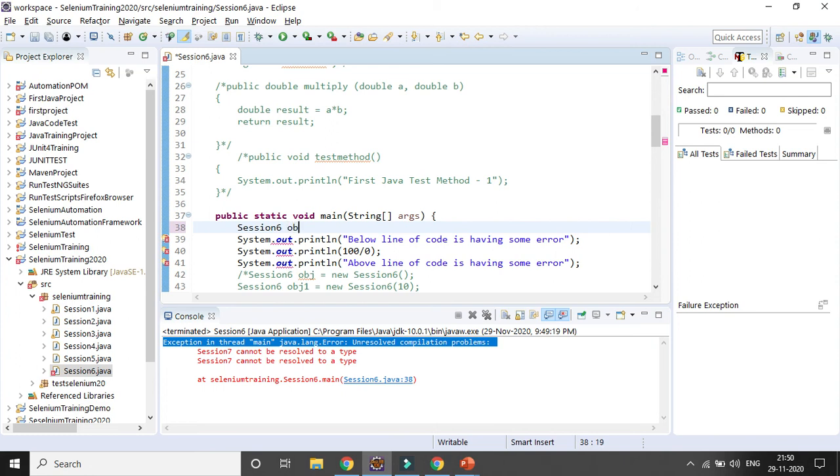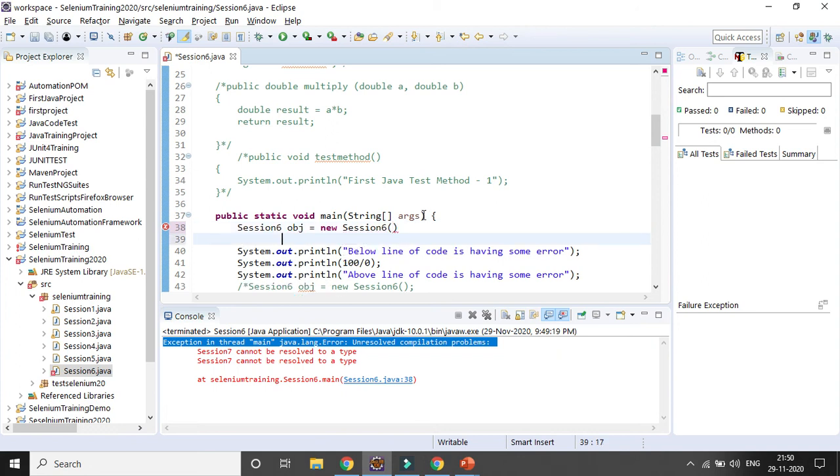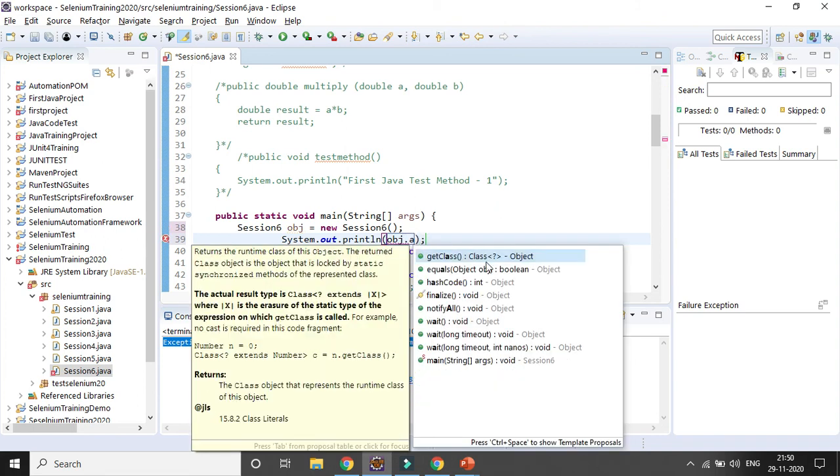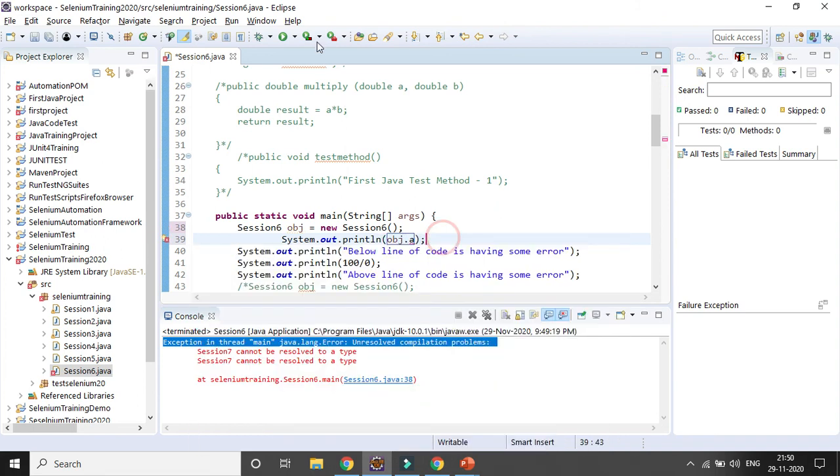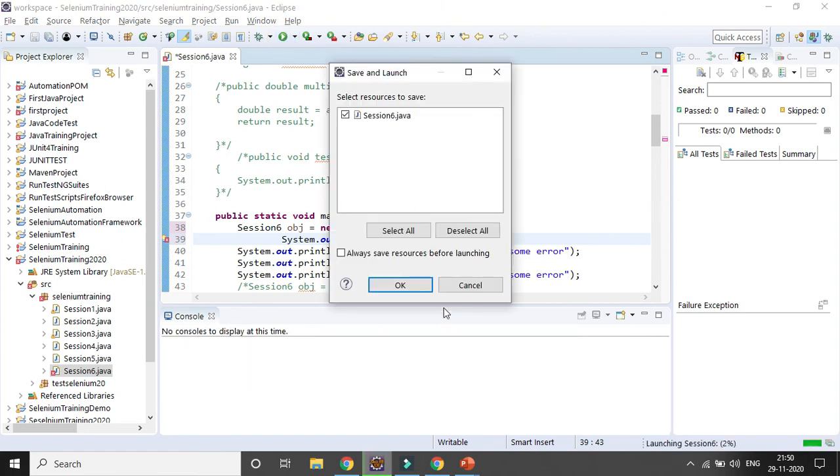So I will create the object, object equal to new class name, and close it with a semicolon. Now there are no variables, but I want to access some variable. Suppose I want to print out a variable; there are many variables like A and B, but everything is commented, so this is not considered a variable. I want to get A, which is not a variable. Now if you run your code, it will throw some kind of error.